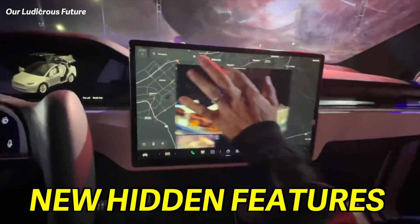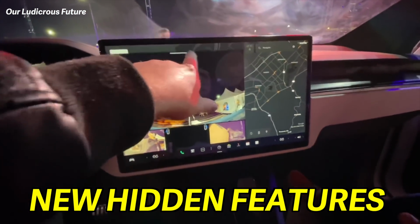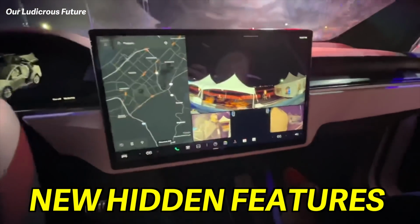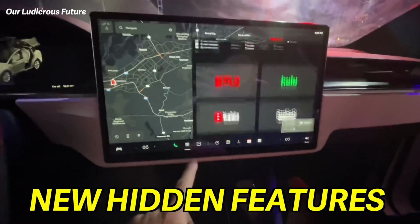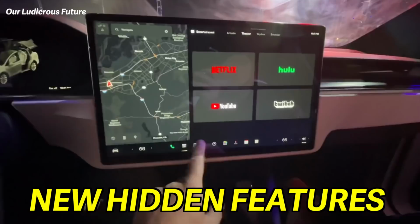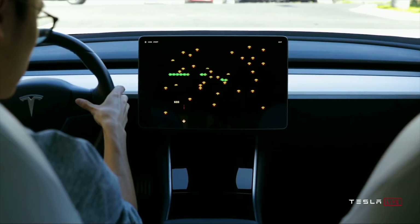The Tesla Holiday update just dropped and brought with it a bunch of brand new features, with some just a button press away from unleashing greatness in your car, while others require a little bit of secret knowledge of knowing exactly where to look and what to do. So in this video, let's break down 10 of the all-new hidden features that are here to transform your Tesla